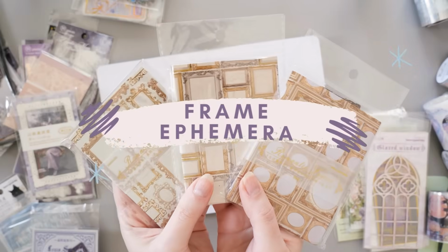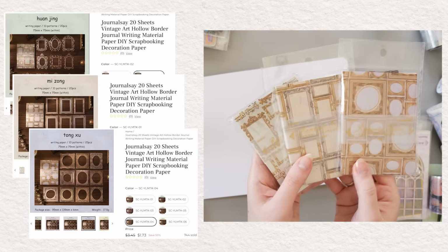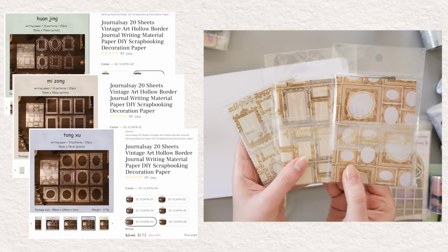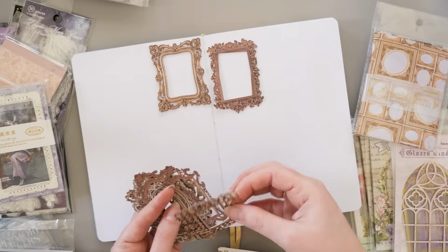Now we have a section just for frames in case, like me, you want to make your bullet journal look like Exo McKenna's Texas house, because what a dream. These are all from the one listing, and there are stacks of designs, but I picked the 3 that I thought were the prettiest. These are just paper, they don't have sticker backings or anything,